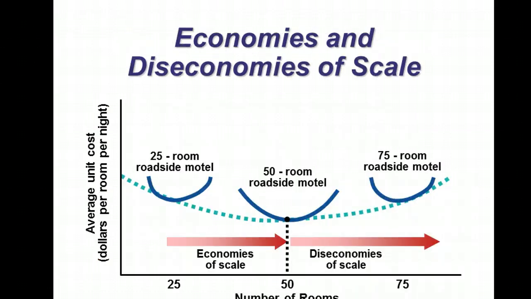Okay, economies and diseconomies of scale. We're all used to economies of scale. Generally things get cheaper the more you make. If you're down there on the low end of the scale, you've got this bed-only motel, 25 rooms. Well, do you still need someone at the front desk? Do you still need housekeeping? Do you still need this? You don't really have enough rooms that are generating enough income. There's going to be some sort of sweet spot there.